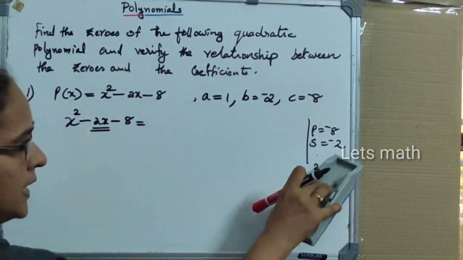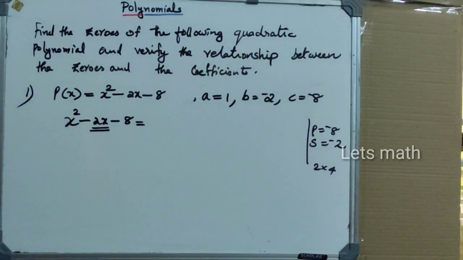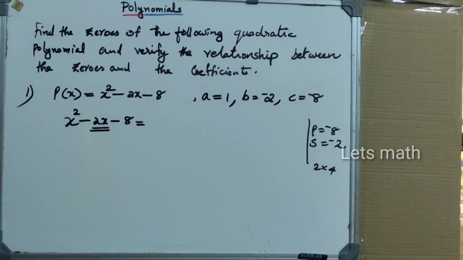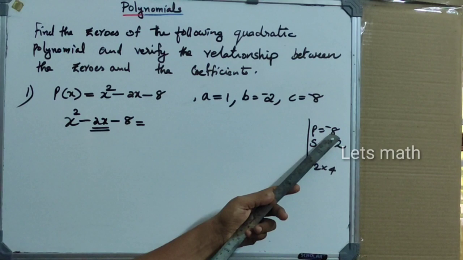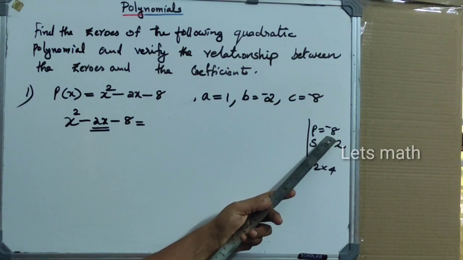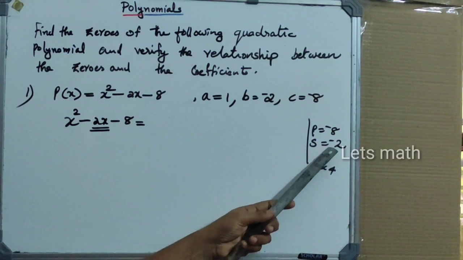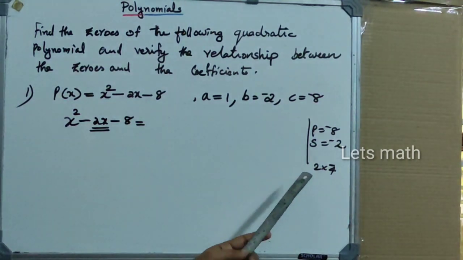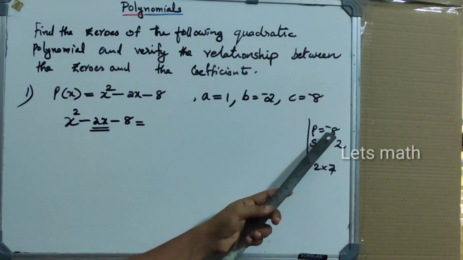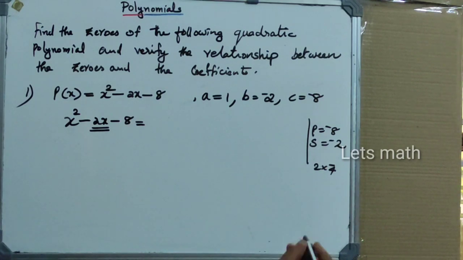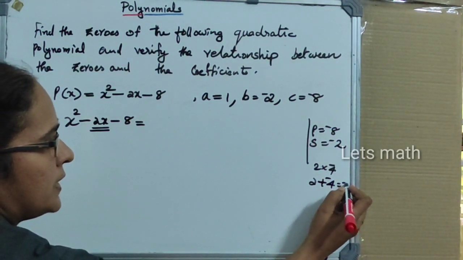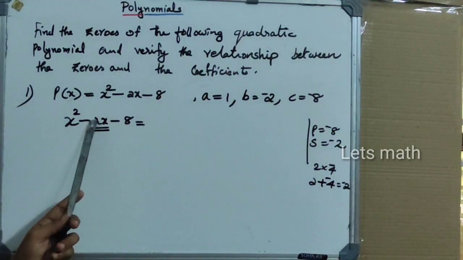Now we have to decide the sign. The product is minus 8. Product negative means the signs of the two numbers must be different, one positive and the other negative. Then look at the sum. The sum is negative, so the greater number must be given the minus sign. So 2 into minus 4 equal to minus 8. When you find the sum of 2 and minus 4, the signs are different, so find the difference and put the sign of the greater number. So we get minus 2.